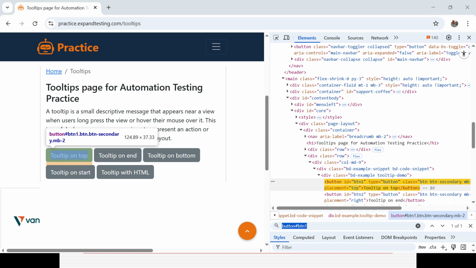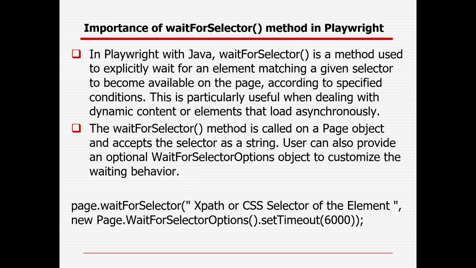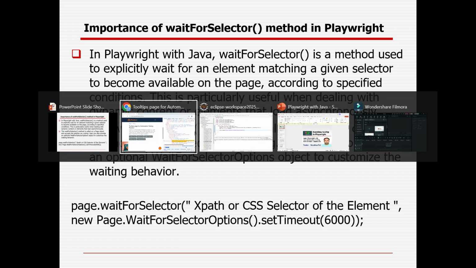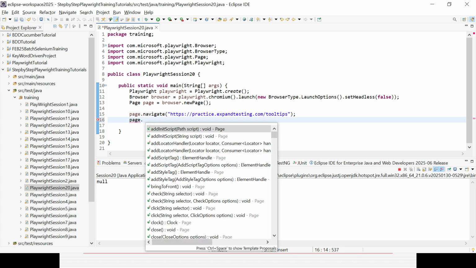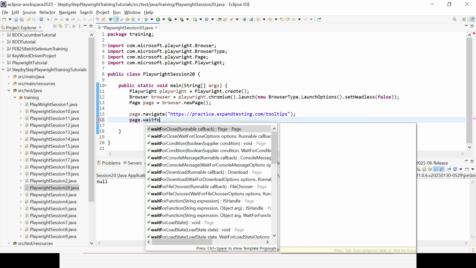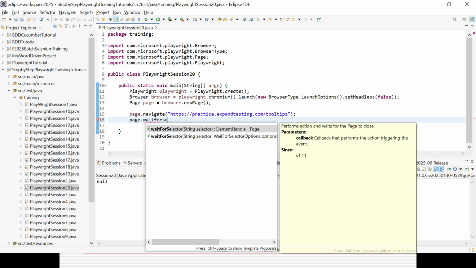So what we will do is first implement the waitForSelector method. We are already navigating to the page here. After that we will implement the waitForSelector method, maybe for 10 seconds, 20 seconds, like that. Page dot waitForSelector,